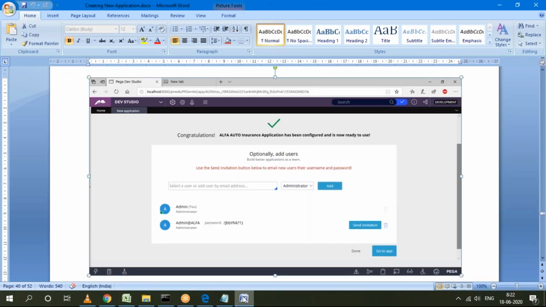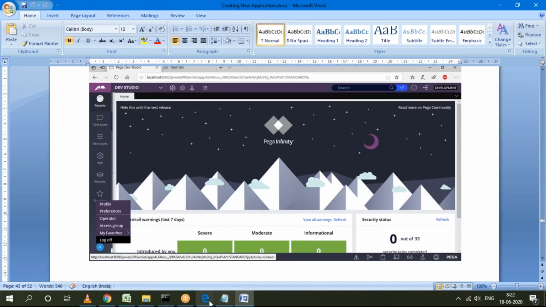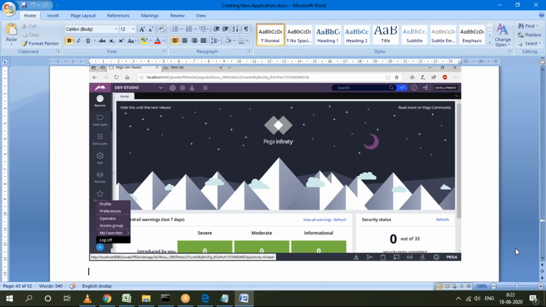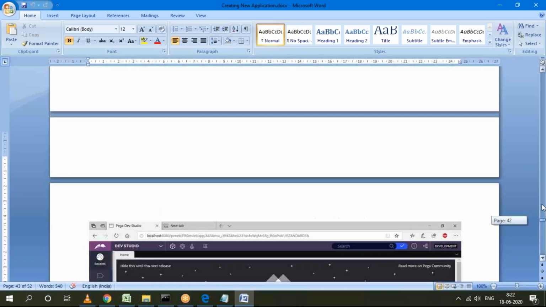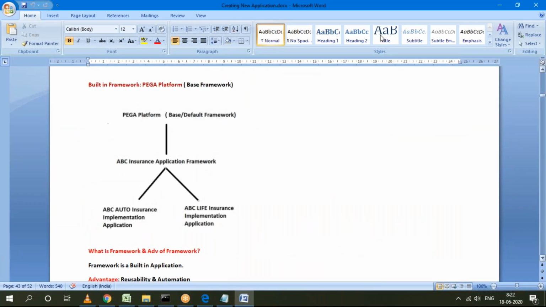In real time when you're working, up to this part, the setup, everything will be configured. Now, if you see in total, there are 3 application layers. First of all we log into the base application. Under that we created one framework application, and under that I created one implementation. Suppose you want to add one more implementation, again you need to log into the framework ID.